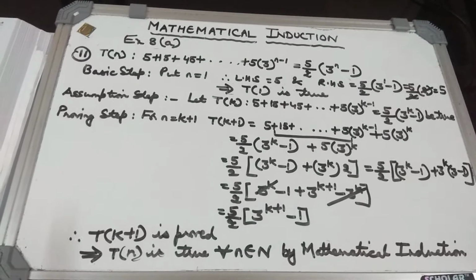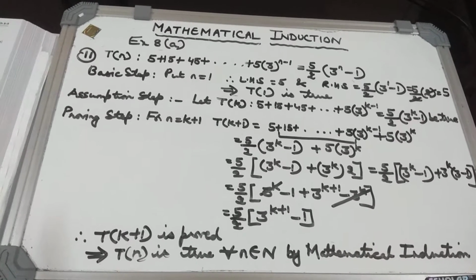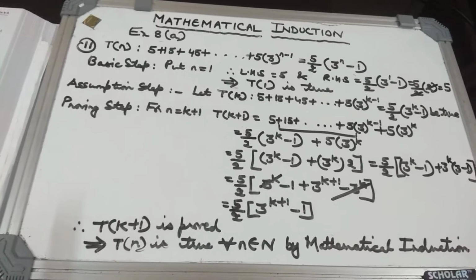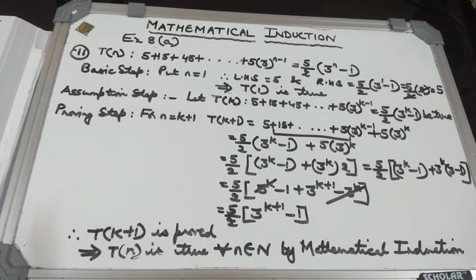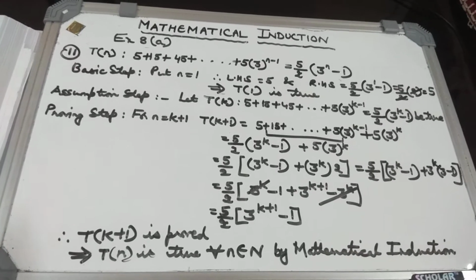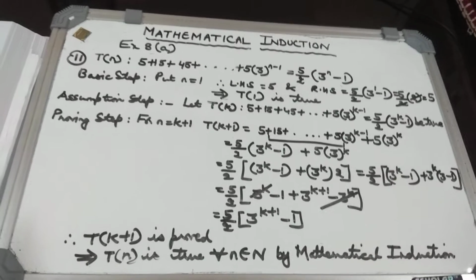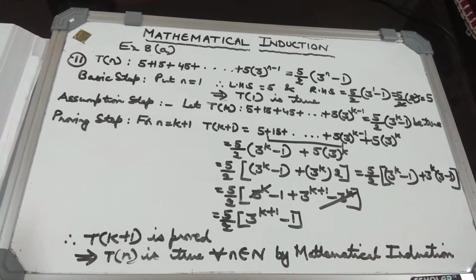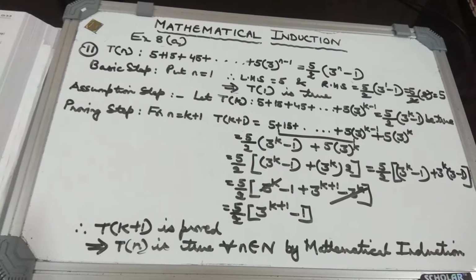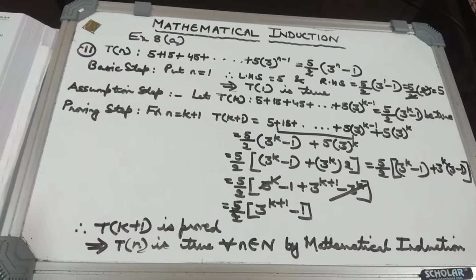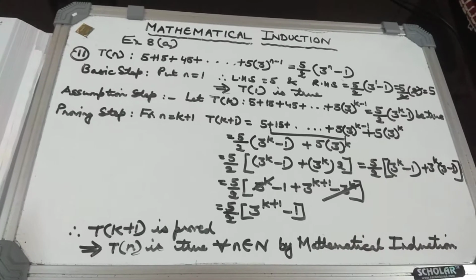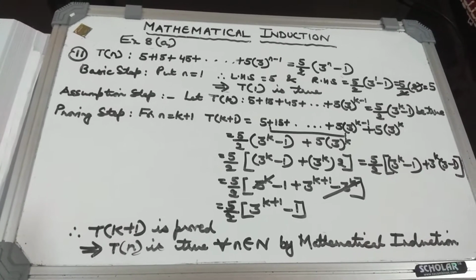Now, children, I am doing question number 11. Now, this is another good question, and again, the technique is to understand how to do the proving step. You have to be very careful while doing the proving step because only algebra and the knowledge of exponents is involved here. Whatever you have learnt in your lower classes, that is how you do the simplification.